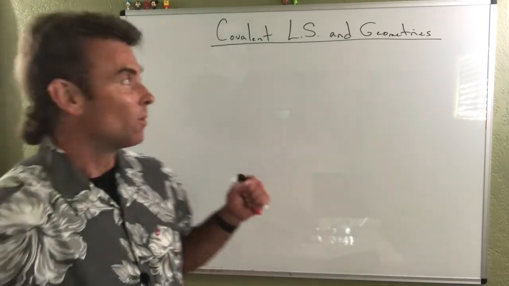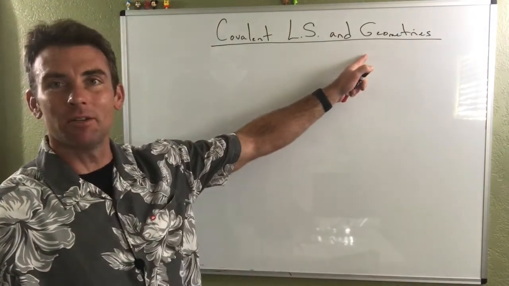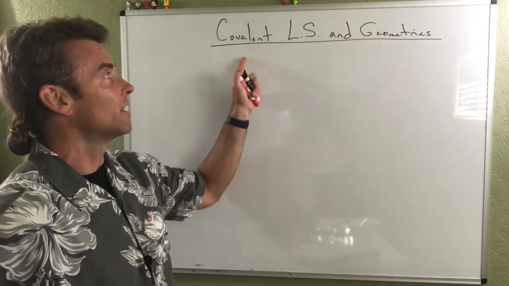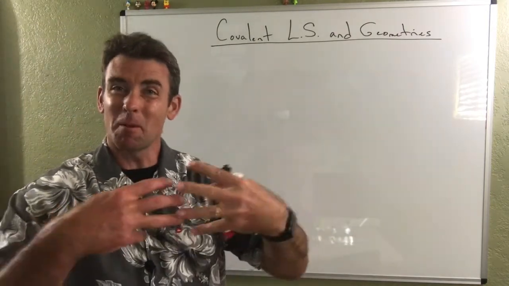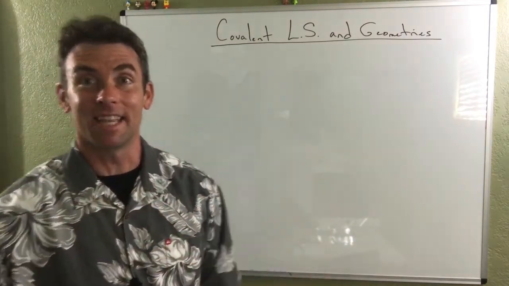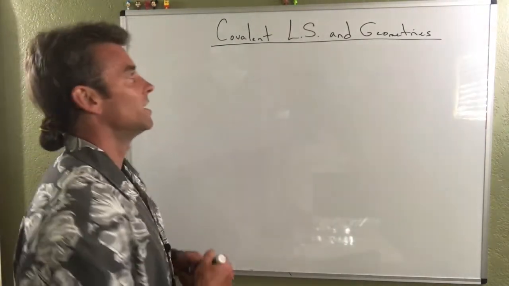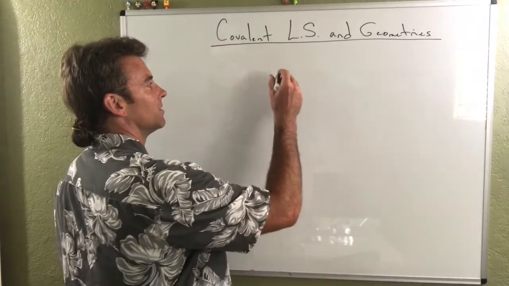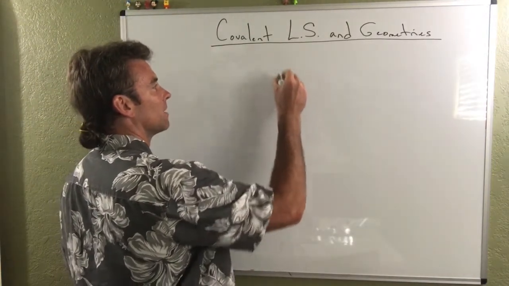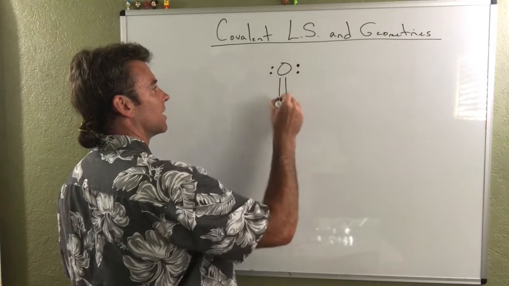So we're going to keep beating that dead horse, and we're going to continue to talk about geometries, but now we're going to relate them to what we learned a little bit about covalent Lewis structures and bring the two together, hopefully. At least that's the ideal here. So first thing, let's pick out one of the ones that we ended with. In a previous video, we saw something that looks like this,